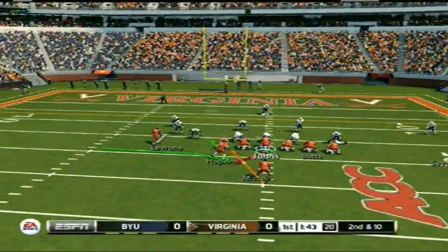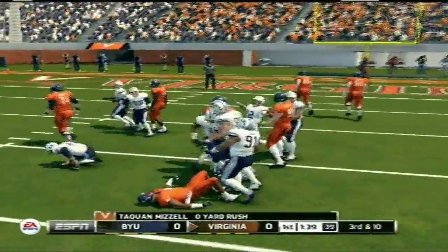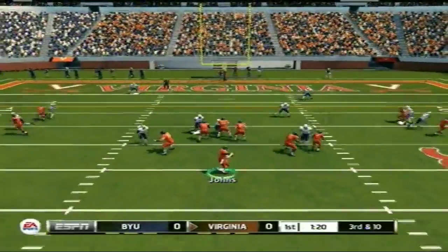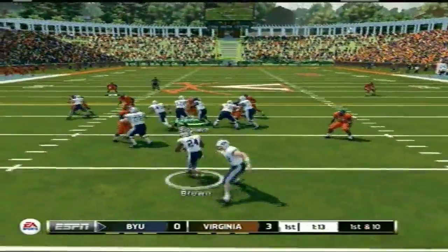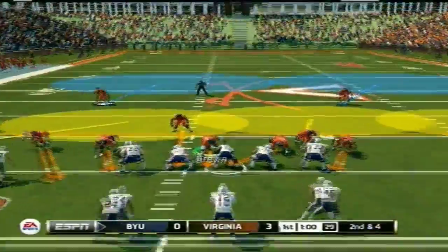So looking at a 2nd down and 10 after we get stuffed on first down, and really nothing doing there again either. No yards on the play, so that'll bring up a 3rd down and 10, and we do not end up getting it. So we end up kicking the field goal to make it a 3-0 game, giving us the first lead of